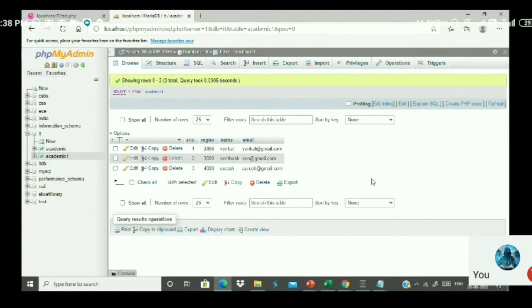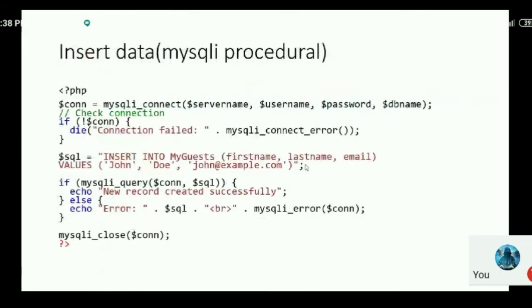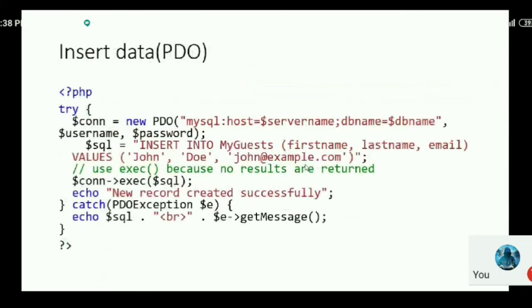And the last method is a very important method because it actually breaks the barriers of databases. MySQLi is only meant for connecting with MySQL databases. But if you have an Oracle database, or Postgres, or Firebase, then you cannot use the MySQLi procedure. In that case, you definitely have to go for the third procedure called PDO, PHP Data Objects. I'll tell you how to connect with PHP Data Objects also. So, inserting the data using PHP Data Objects.